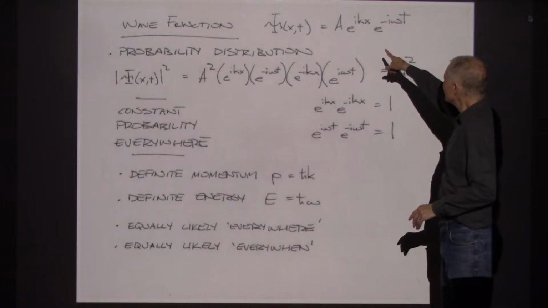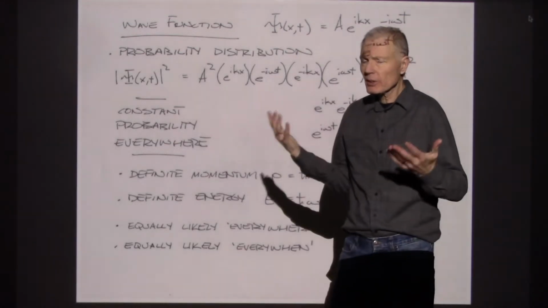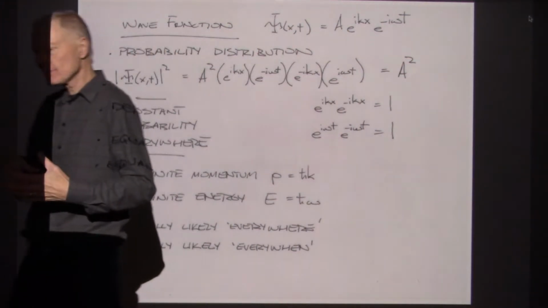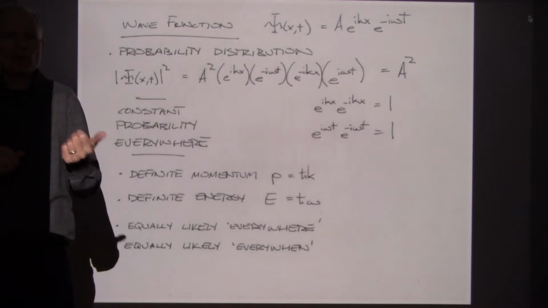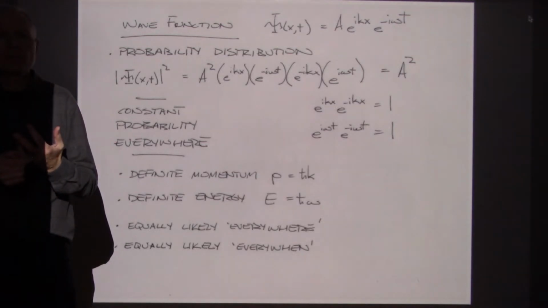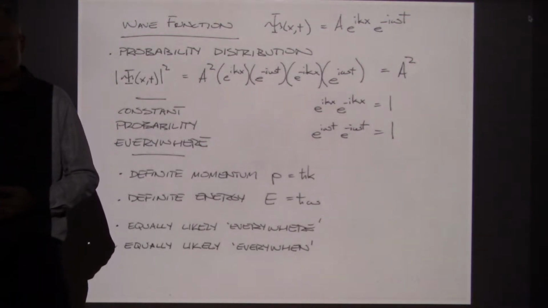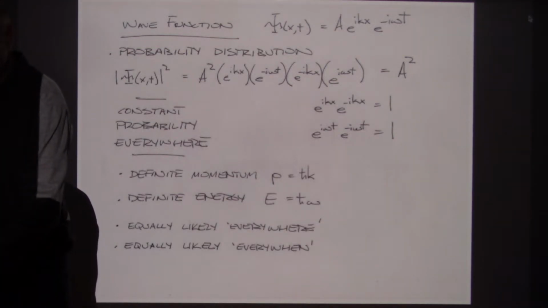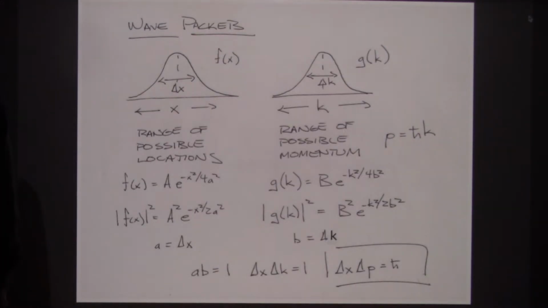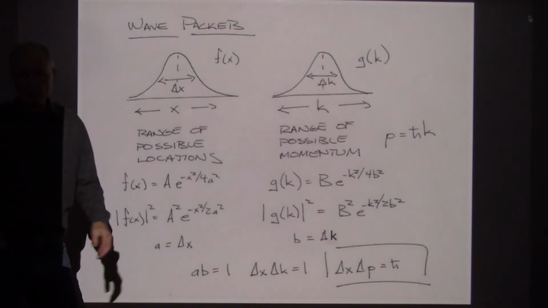So we use this wave function a lot, and it has some nice features of definite energy and definite momentum, but it has a downside, and that is that it's predicting a particle is located everywhere. Now that doesn't work well, so instead of using